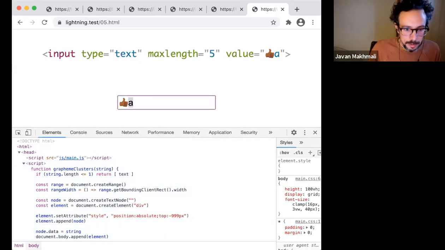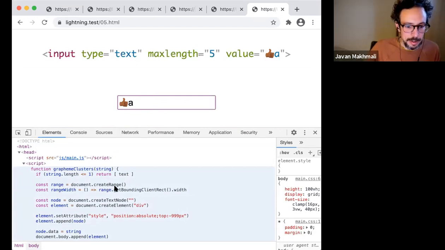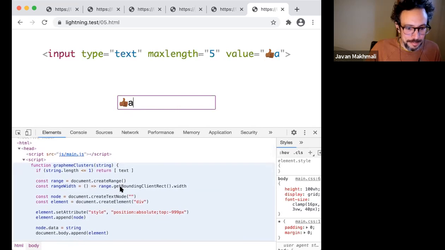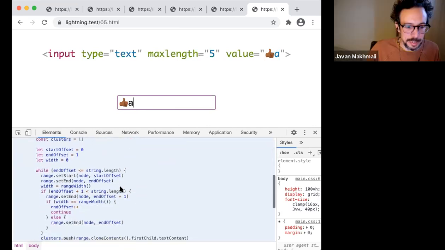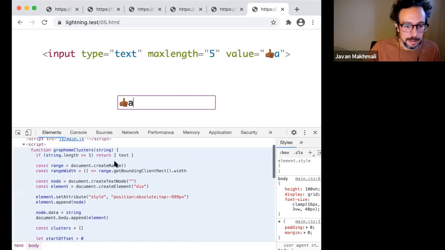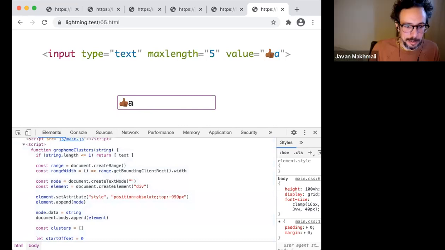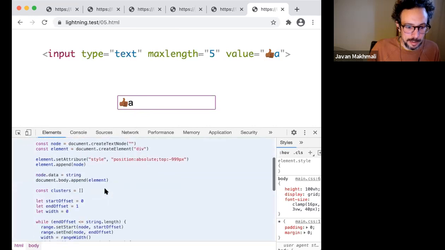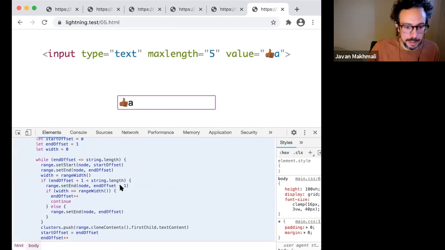We know that selections understand these boundaries. So we can use the browser's range API, which is part of the selection API, to glean that information. How it works isn't really interesting, the code itself, but basically we can create a new selection as far as the browser is concerned, and then modify it until its width changes. So we can create a range for this text node, set its offsets. You can set start and end, and then just keep expanding the offset